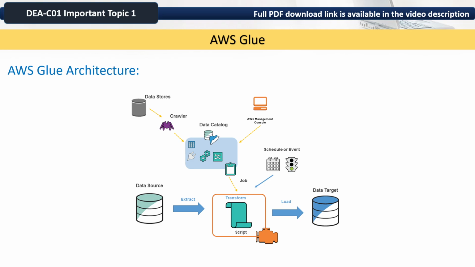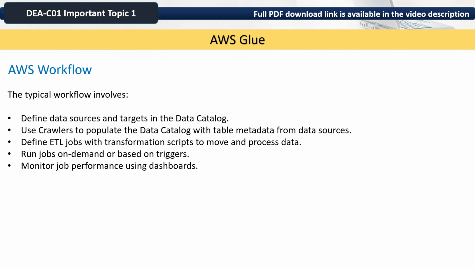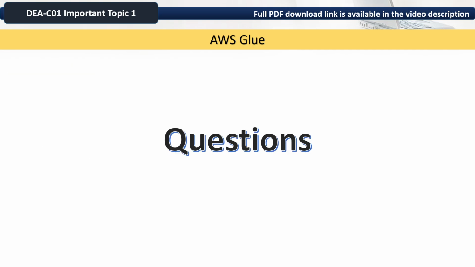Moving to the workflows, the typical workflow involves define data sources and targets in the data catalog, use crawlers to populate the data catalog with table metadata from data sources, define ETL jobs with transformation scripts to move and process data, run jobs on demand or based on triggers, and monitor job performance using dashboards. To the questions related to this topic,